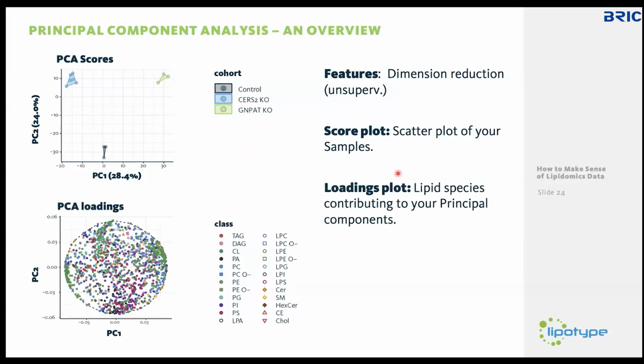The next thing you can look at is your loadings plot, and your loadings plot gives you information about which lipids are actually responsible for making this separation. So every value on the x-axis here is basically the contribution of that lipid to that axis, which is separating your cohorts. And what you're looking for here is actually patterns in